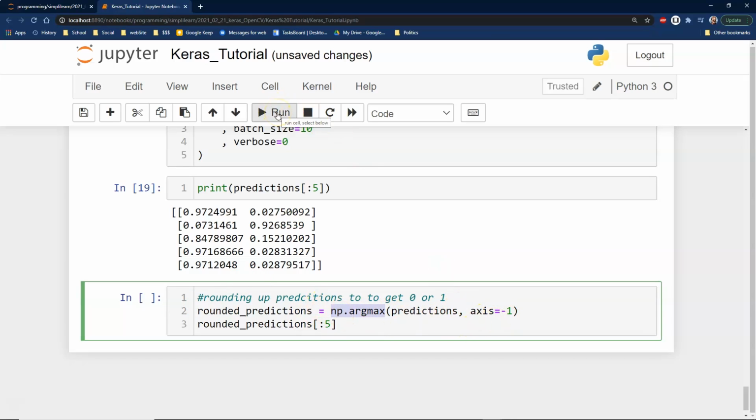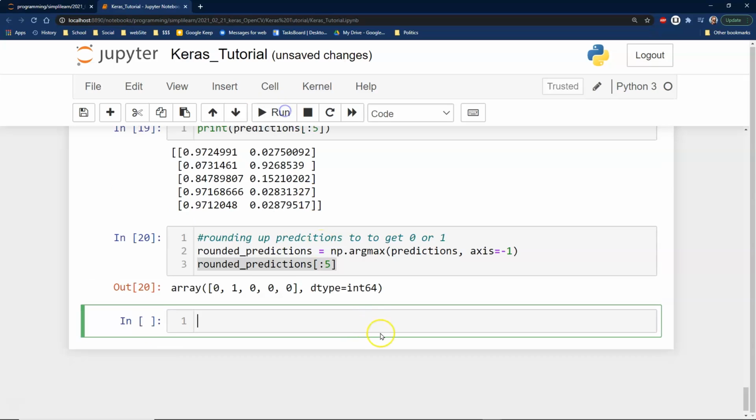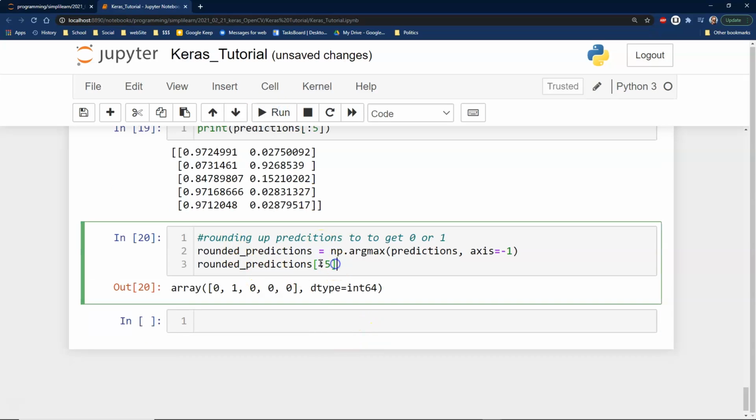So it just goes to a 0, 1, and if you remember, this is a Jupyter Notebook, so I don't have to put the print. I can just put in rounded predictions, and we'll just do the first 5. And you can see here 0, 1, 0, 0, 0. So that's what the predictions are that we have coming out of this: no symptoms, symptoms, no symptoms, symptoms,